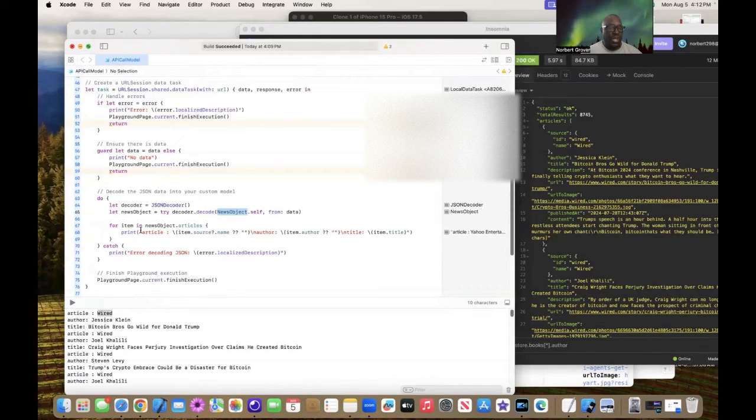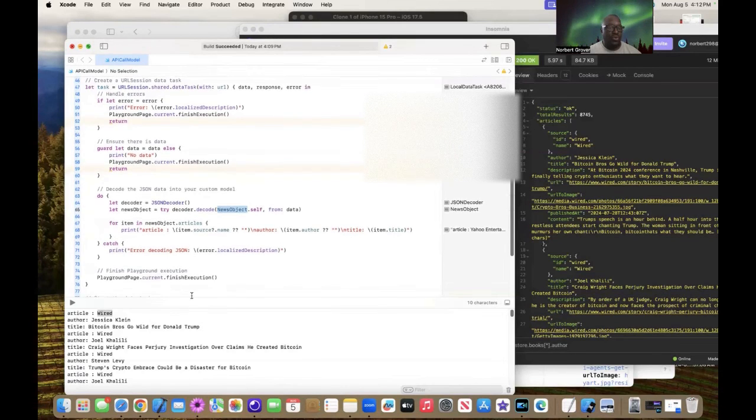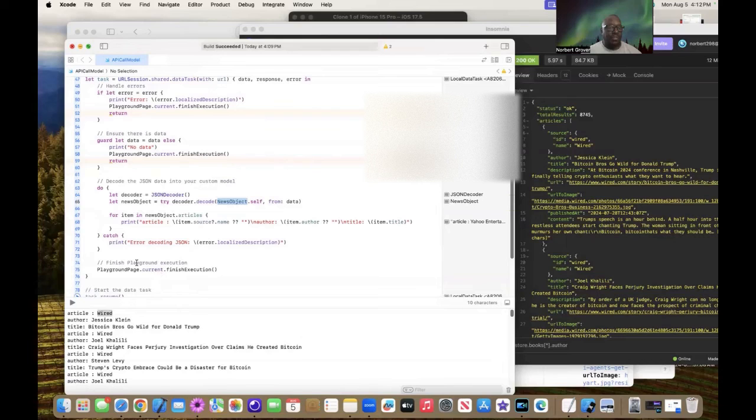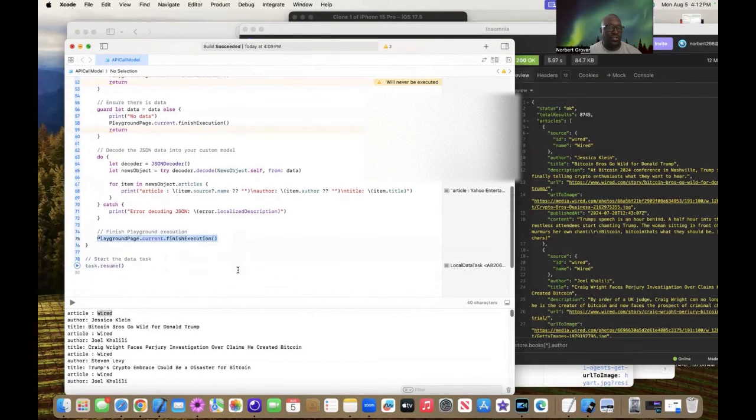And then once you get everything you need from out of here, you loop through it and we'll display it in the console. And same thing with an error. Even with an error, you're going to come here and you're going to finish your execution. Like always, when you're running these API calls, you want your task to resume,